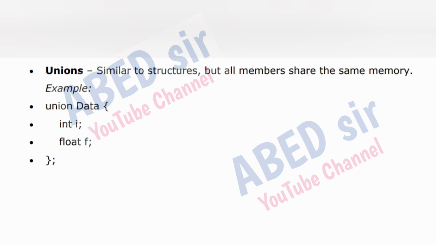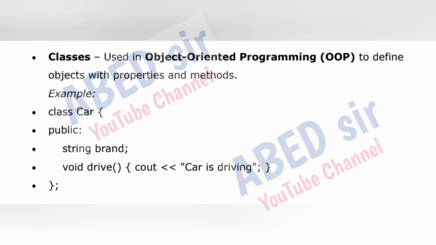Example: union Data { int i; float f; }; Classes, used in object-oriented programming, OOP, to define objects with properties and methods. Example: class Car { public: string brand; void drive() { cout << "Car is driving"; } };